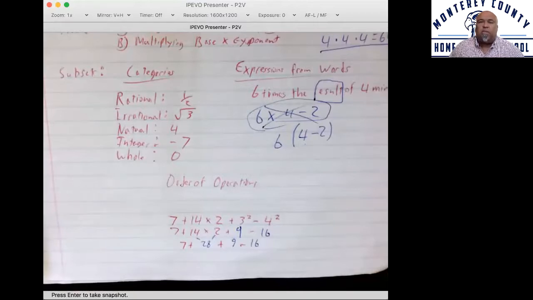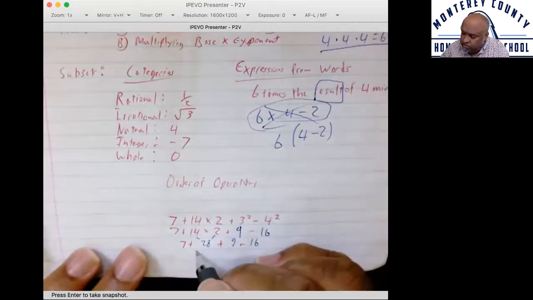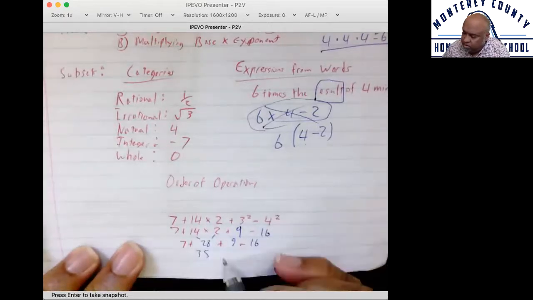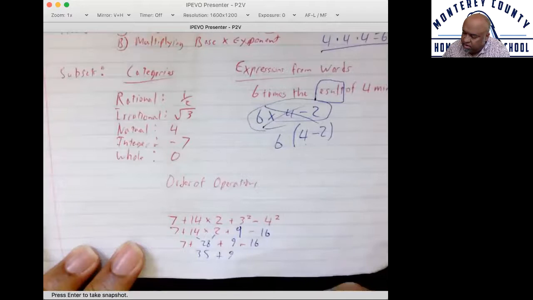Now, that doesn't mean do addition first and subtraction second. It means addition and subtraction are one category. So for example, if this was subtract here, I would still do that first because it's left and to right. So 7 plus 28 is 35. 35 plus 9 is